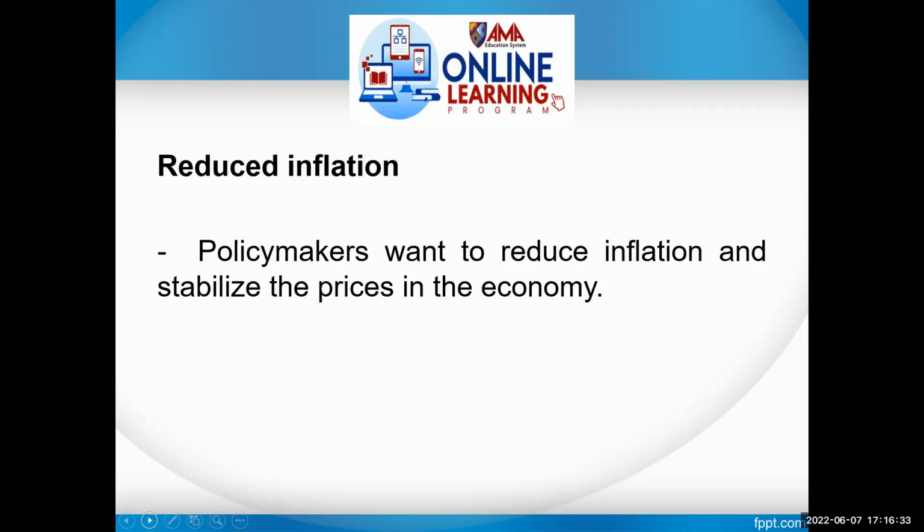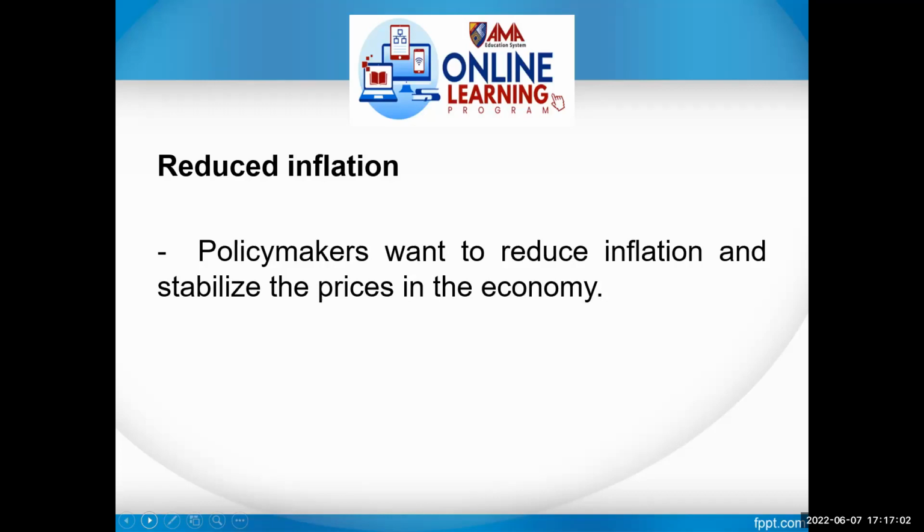So to reduce inflation and to make the prices more stable, policymakers implement a contractionary monetary policy. Because when inflation continues to soar high, what happens to the prices of commodities and services? It goes up,